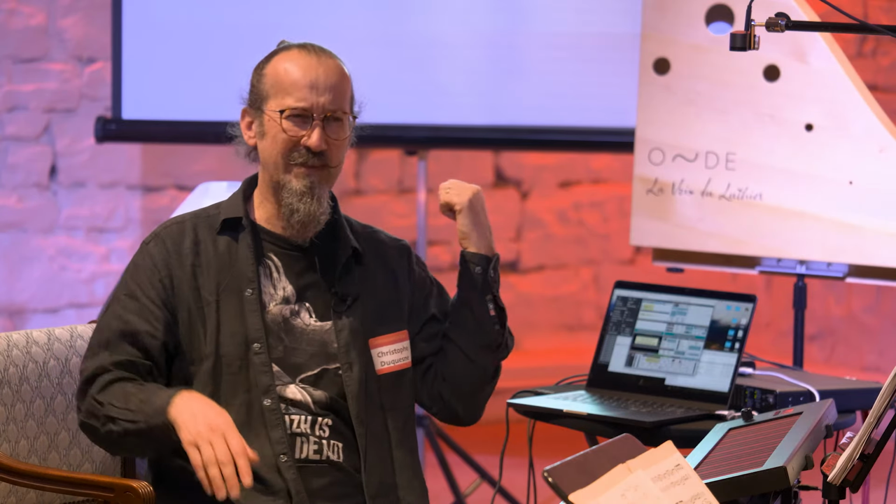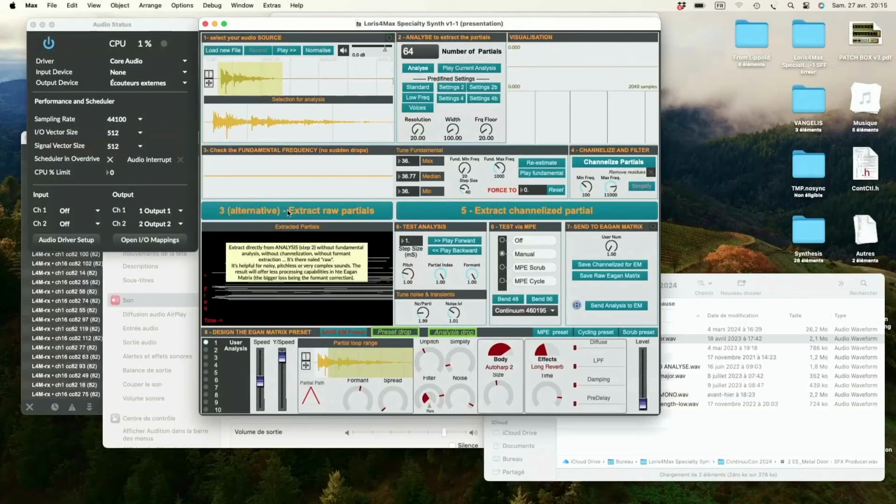So at the beginning, they will be sorted, but then when one goes lower in volume, it will be replaced by another, which may be a totally different frequency. So at the end of the day, the analysis will be kind of a mess in the order of partials. That means that things like formant management will not work anymore. So you have to give up the formant correction. But for that kind of sound, you don't really care about what the formant is. And so I can do that direct extraction here